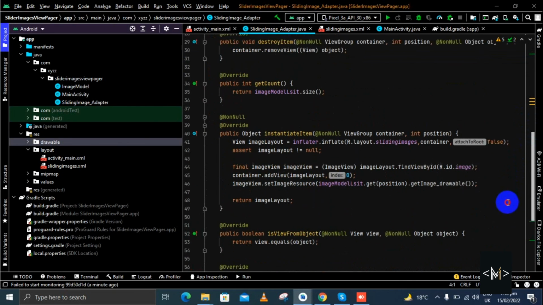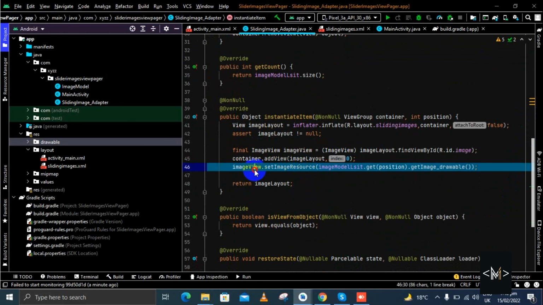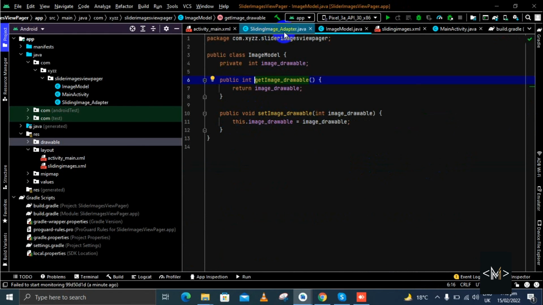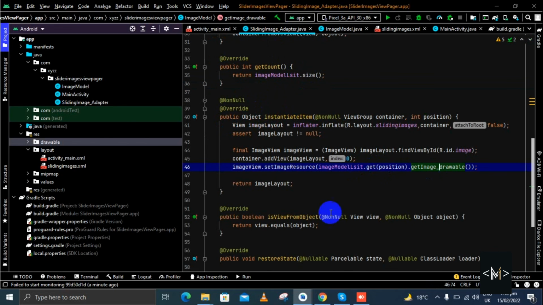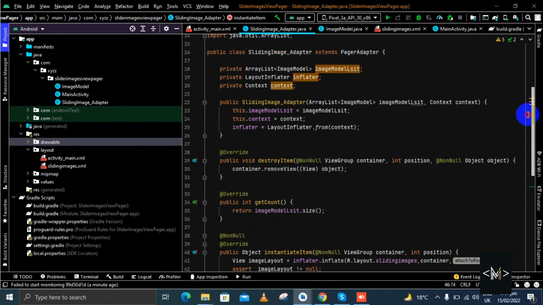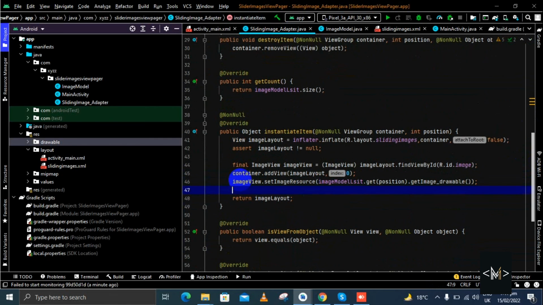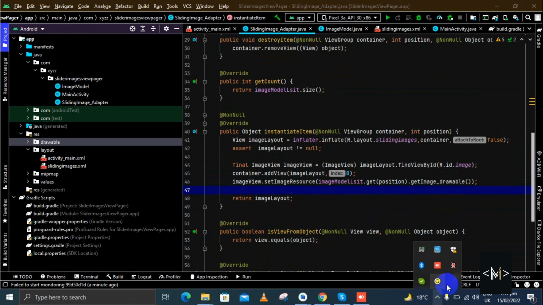Okay, before running the app I have forgotten something, and that is I didn't set the image resources and pass the ArrayList to this ImageView. So what I have done here is I just assigned the ArrayList and position of the ArrayList, and I already created the model class for this, and also I have the getter setter, so that's why I'm getting just the title and the images. So this is what I had forgotten, that's why I have to show you here what I have done. Okay, so let's run the application now and see the